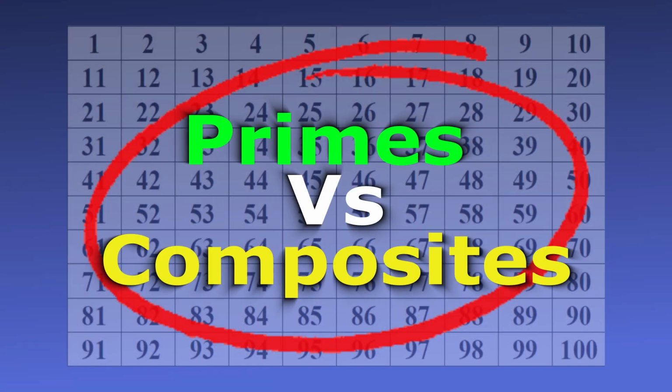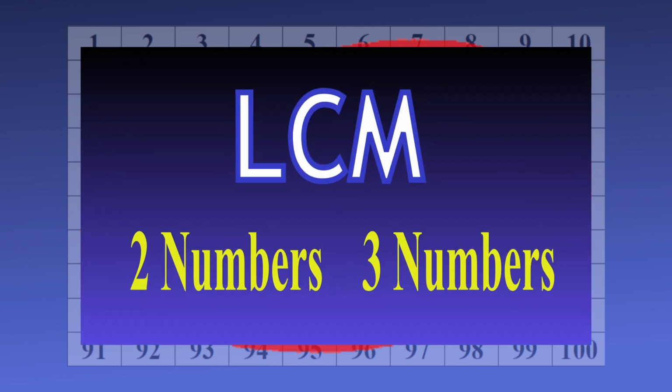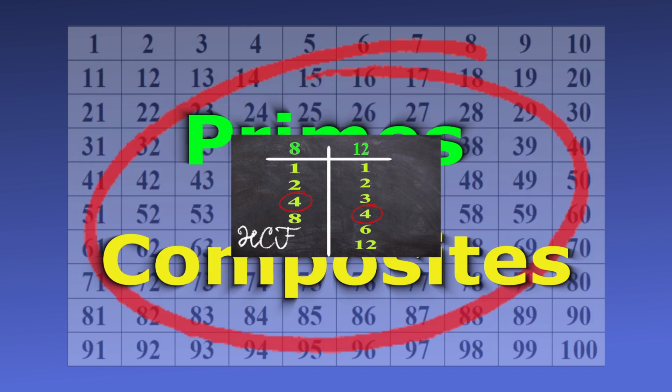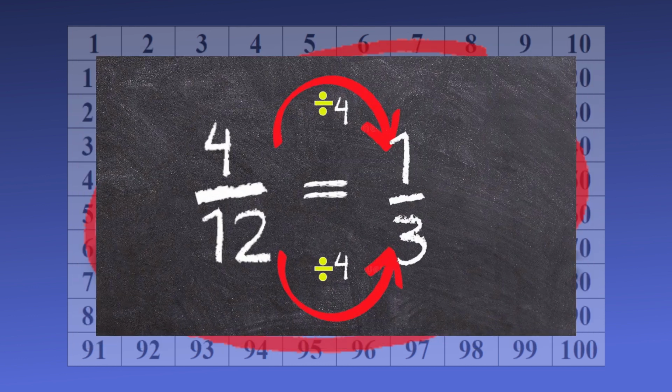If, by the way, you don't know the difference between prime numbers and composite numbers, not to worry, you don't really need to know it for today's lesson. But you will need to understand the differences when, in the future, you're working on things like finding lowest common multiples of different numbers or highest common factors of different numbers, and trying to simplify fractions.